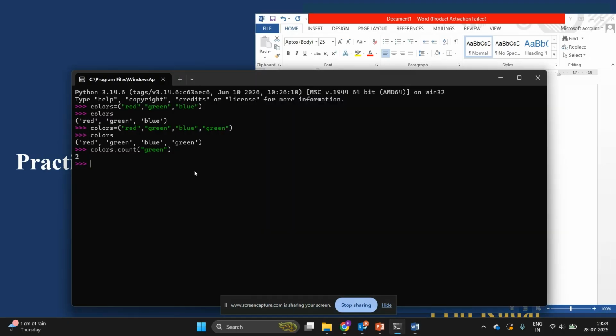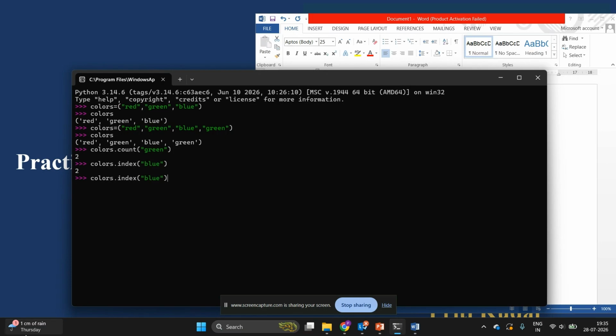So here I write colors dot index in brackets. If I write blue, it should return the index position of the blue color in the tuple. So blue is available at 0, 1 and 2. That's why it is showing me the index position 2 of the blue element.